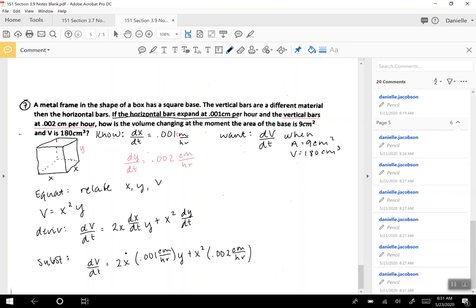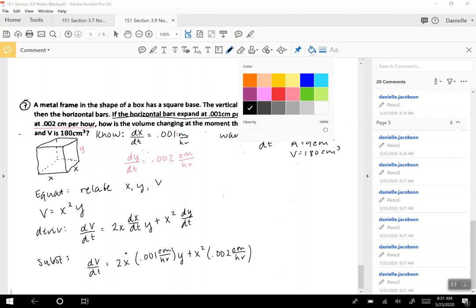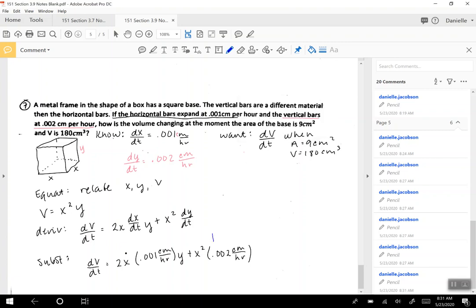So we can see right now we have only one equation with 3 unknowns. We don't know dV/dt, we don't know x, and we don't know y. This means that we need to take some of our other given information to find these pieces that we're missing. In order to actually find a value for dV/dt, we still need x and y. Well, we have more given information to use. We know what our area is, right here, and we know what volume we're working with. So we can use the area and the volume to find these values